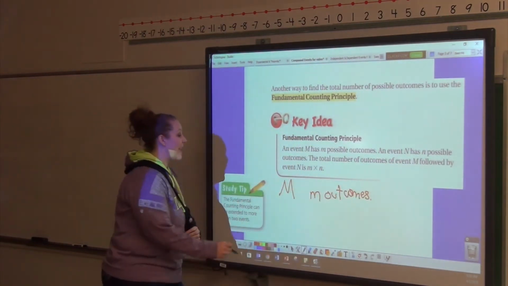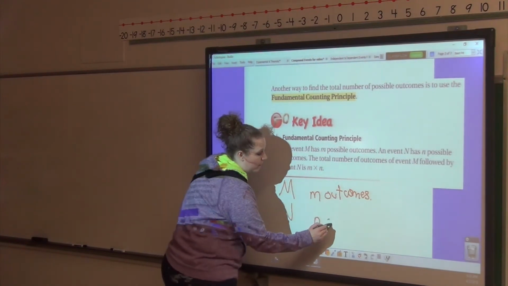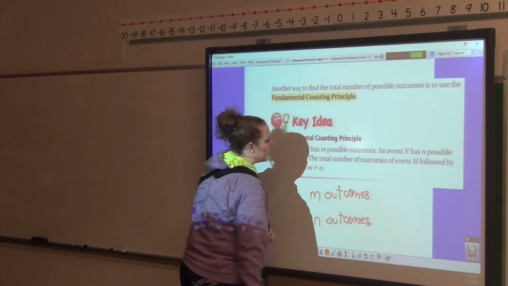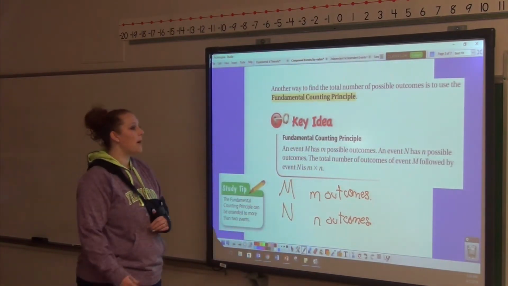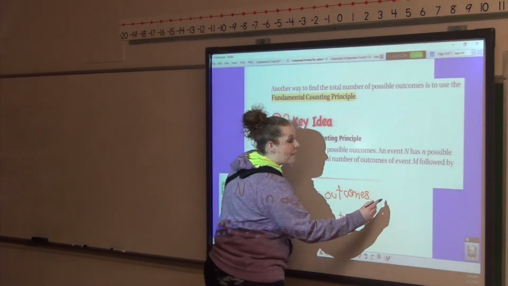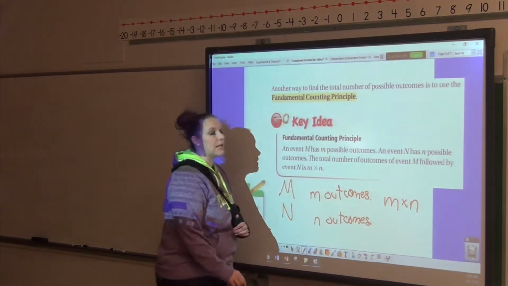Event N has N outcomes. So the number of possible outcomes of M followed by N, M happens first, and then N happens, is